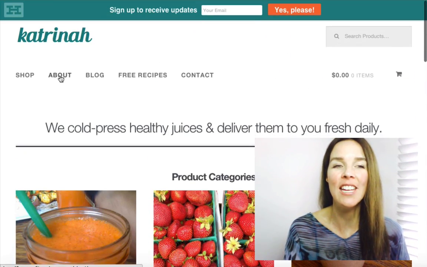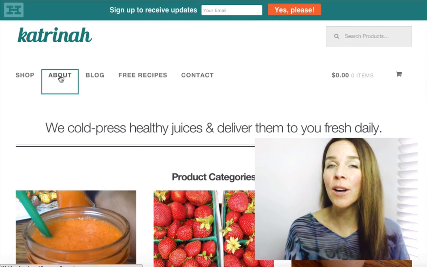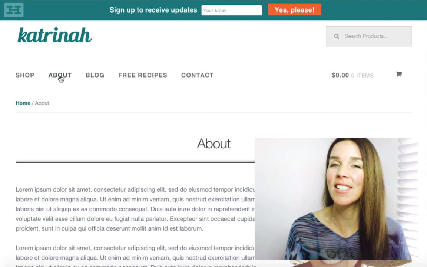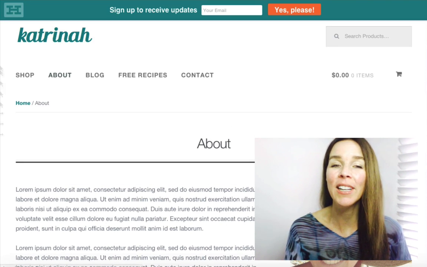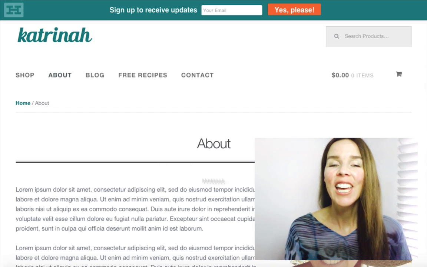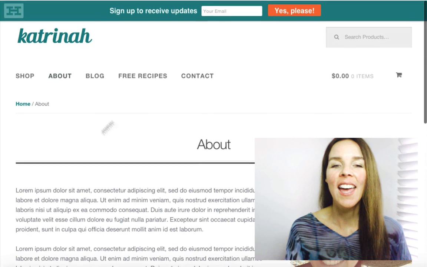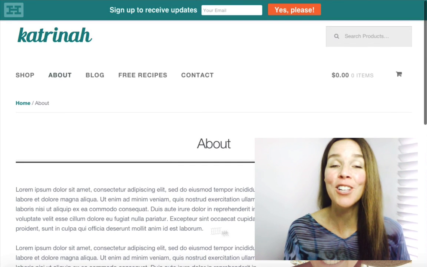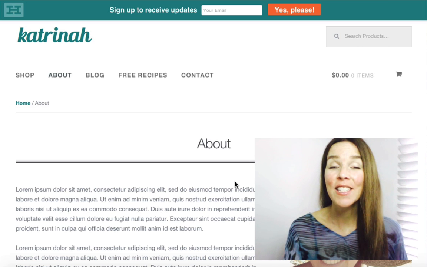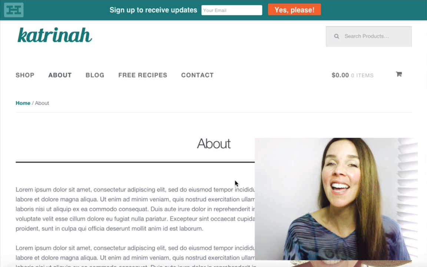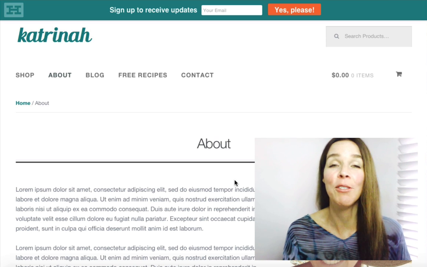Okay, now let's take a look at some of the internal pages of the site, starting with the About page. The About page across the board is one of the most trafficked and visited pages on any website, so it's important to spend a little time creating a good About page. Here I'll show you how to add some text and an image on the About page, and that's pretty much all I've added here, but I do want to point out that this is a really important page because, again, data shows this is the most frequently looked at page on pretty much every website.